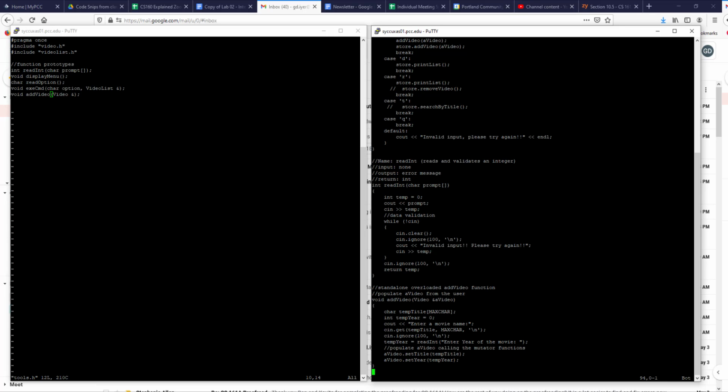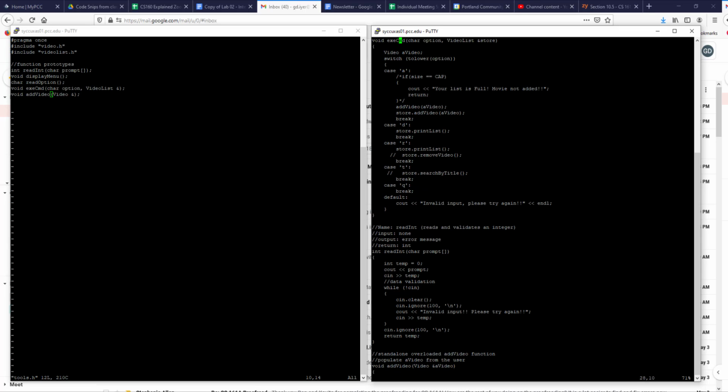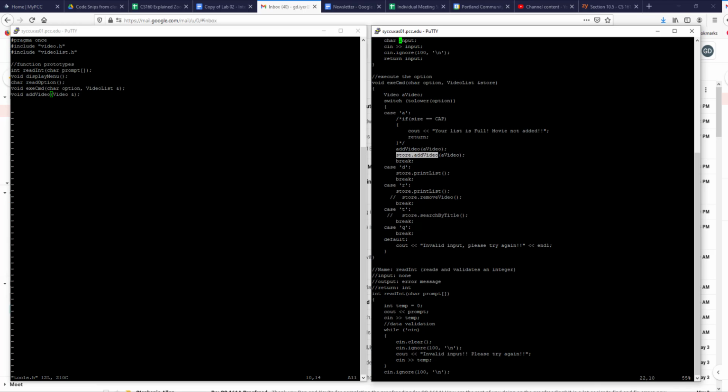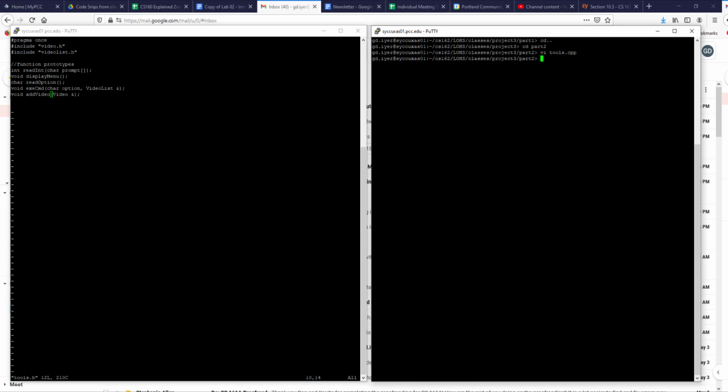Okay, so that's what I have in tools.h and tools.cpp. That's what I added for this phase. All of these functions, the only new function is add video or your add song, which is a local function that takes a single song object from the execute command and fills it up in the function, comes back, sends it to the object's add video function, adds this video to its own array. And of course, the change here is also the object, the parameters to the execute command must have that. Okay, so that's good.